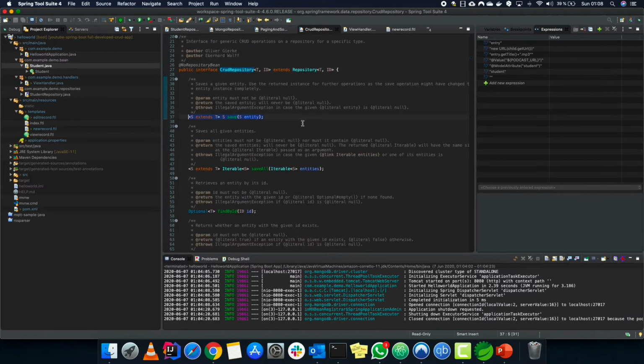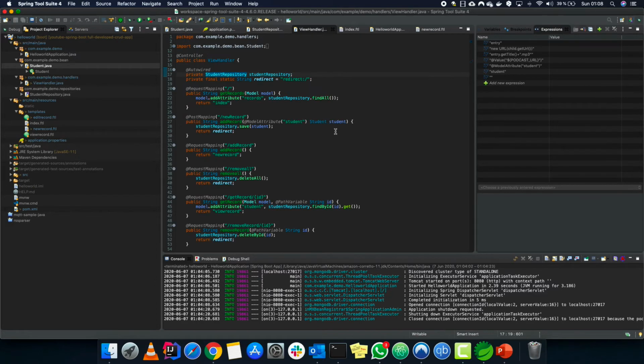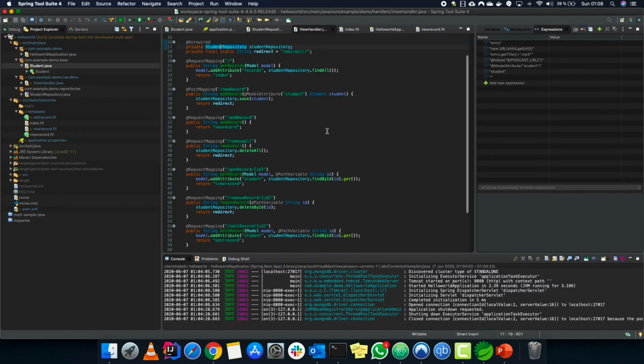So without us providing the implementation for it, it provides one on its own. So this does it all on its own. We don't have to take care of these things. We just have to call it and do our job. So a new record would be saved. So let's go and check if it works or not.